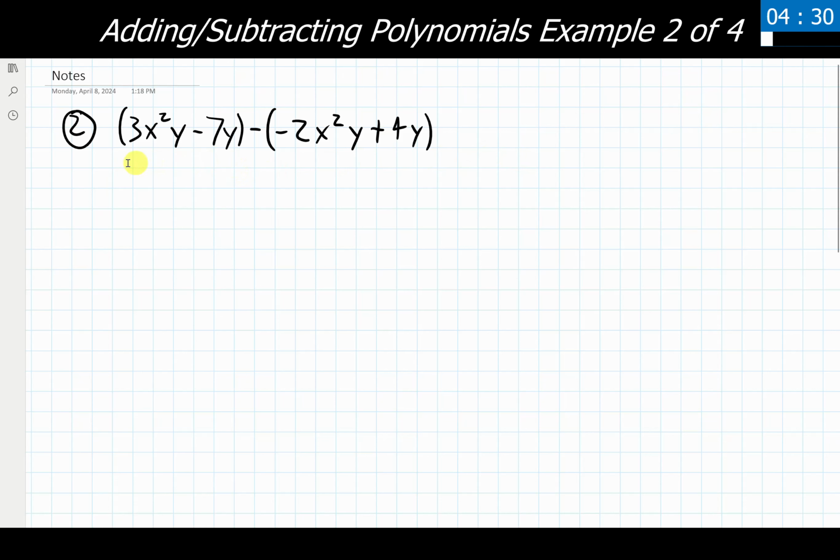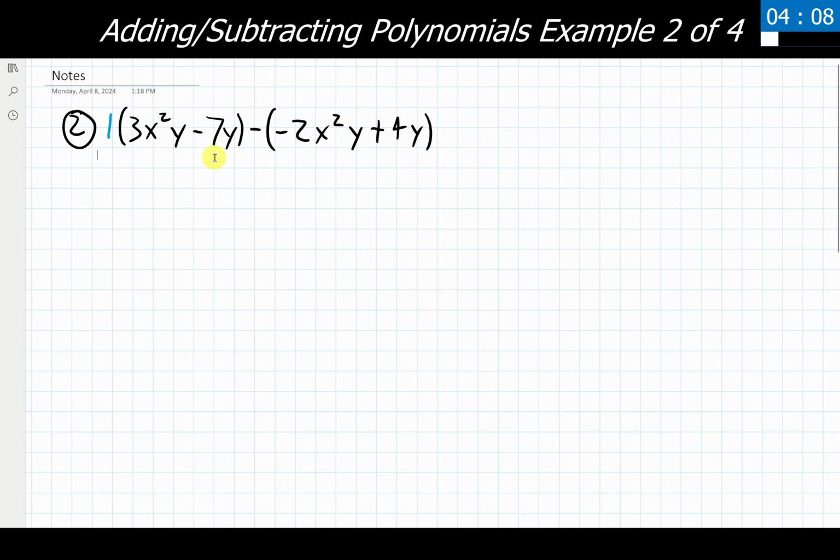So looking at my first polynomial, do I have any coefficients in front here, like a 2 or a 7 or a negative or anything like that? Well, at best, I could maybe say I have an invisible 1 that's in front there, which is technically there. And if I distribute that -1 through, is anything going to change in this polynomial?